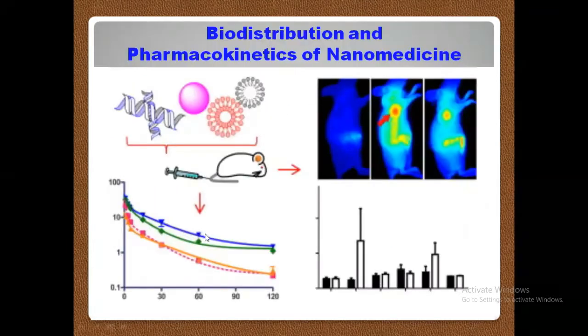So here in this picture you can see the biodistribution of the drugs through micelles, then the pharmacokinetic results of those drugs. Here you can see that the drug is there. This is the drug molecule and you can encapsulate it inside the micelles. These two are micelles, and this is the outer shell of the polymeric micelle, and this is the inner core. Inside the inner core the drug is entrapped, and it is given as an injection to the mice.